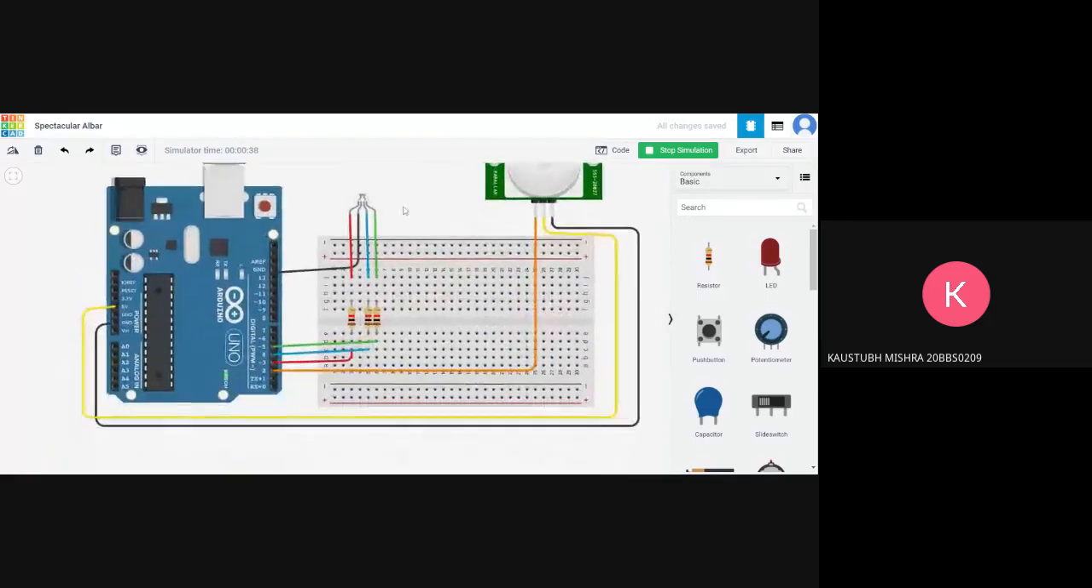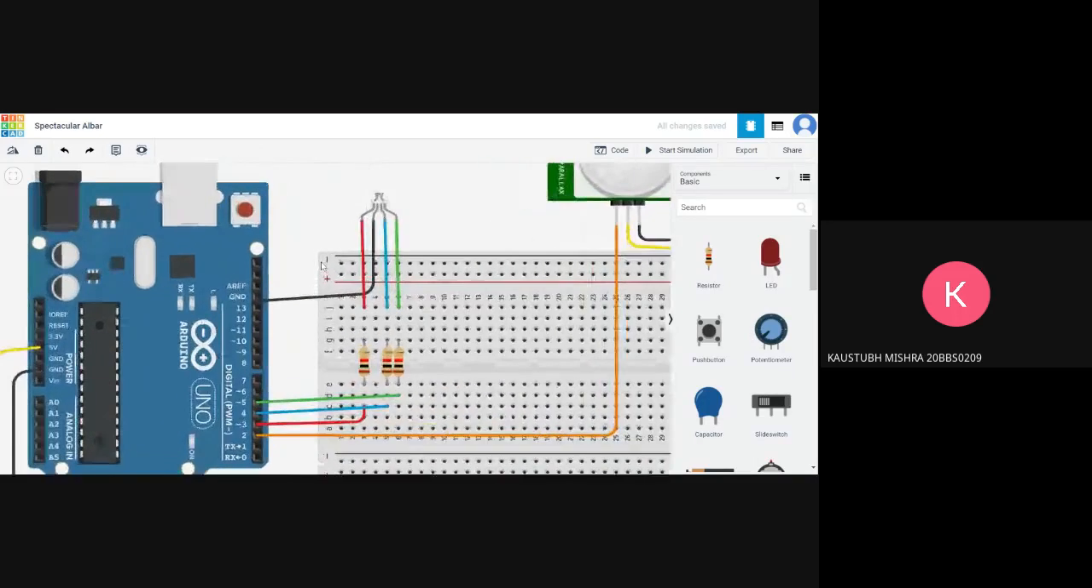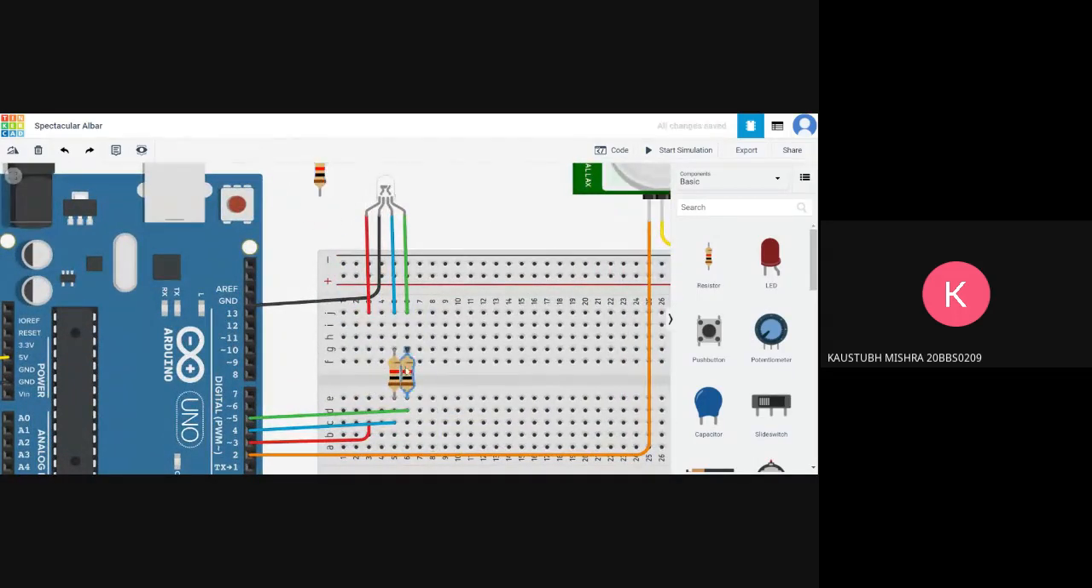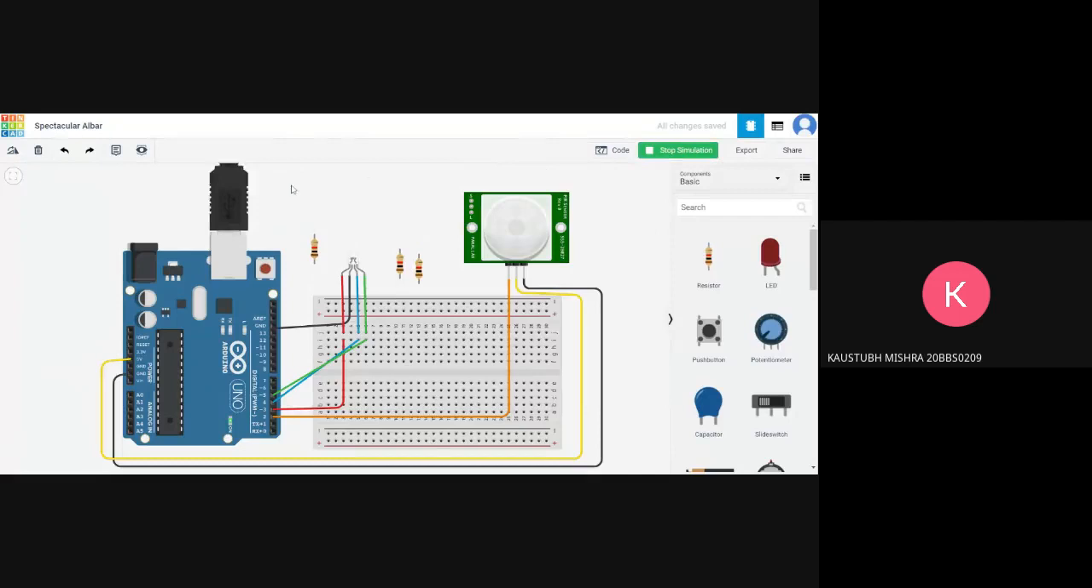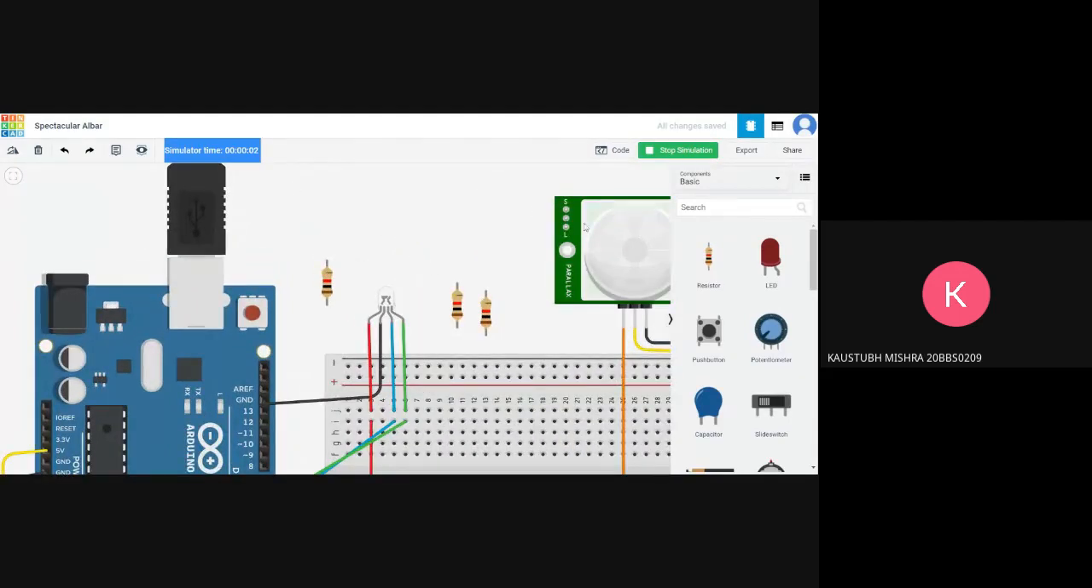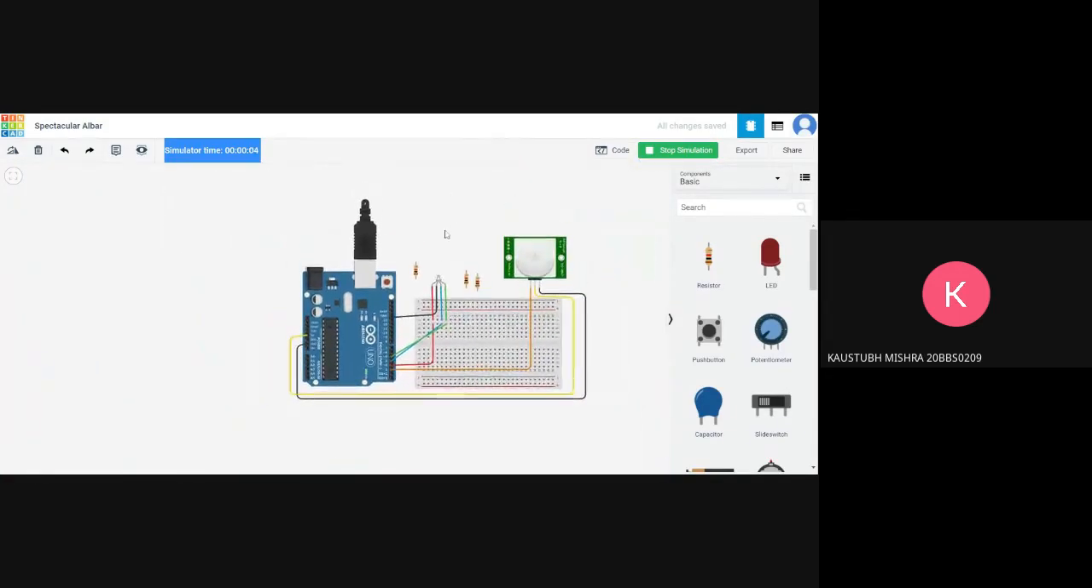And just to show you why executing your circuits on Tinkercad is actually important before creating them in real time, I'll just remove these resistors for now and connect these pins directly over here without the resistor. So now there is no resistor in the middle. And if I just start the simulation and move the PIR sensor,